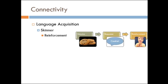But let me tell you what basically Pinker is trying to talk about. In the field of language acquisition, up until about 1958, people were pretty well accepting Skinner's interpretation that language is acquired by children through a series of reinforcements and punishments that we get from the environment for correctly using language or for failing to use language. So for Skinner, it would be something like, okay, so I see the cookie on the counter,